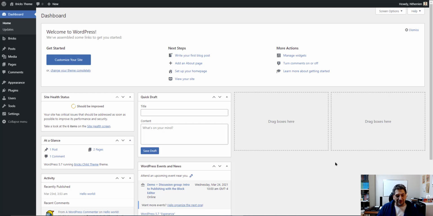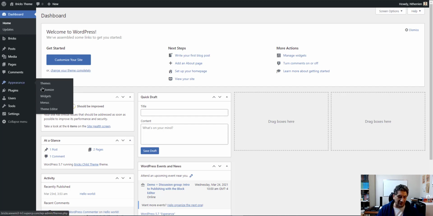But at the same time, there are some advantages to that in the sense that it's light. You don't have to worry about choosing a theme, especially if you're used to, for example, Oxygen or Elementor Pro with the theme builder, where you use the theme builder to create the header, footer, and so on. So that way you don't have to worry about that because, of course, it's the same thing. So you don't have to manipulate both a theme and a plugin, which is the page builder itself. So that being said,